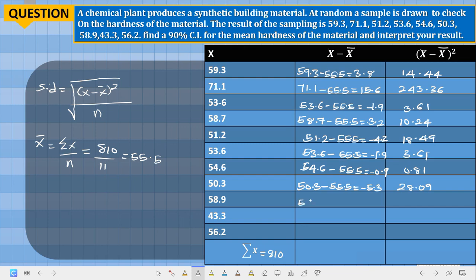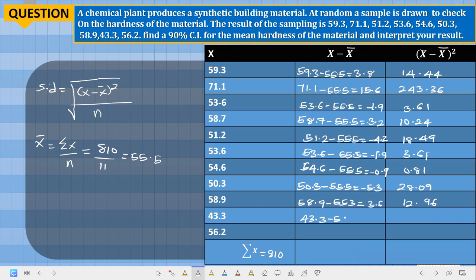And this will be 58.9 minus 55.3. This will give us 3.6. So 3.6 squared will give us 12.96, and the next one is